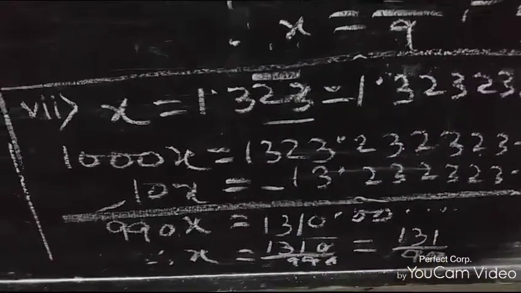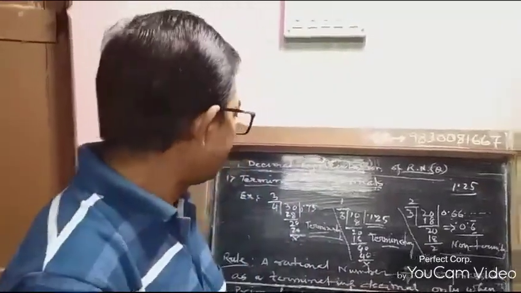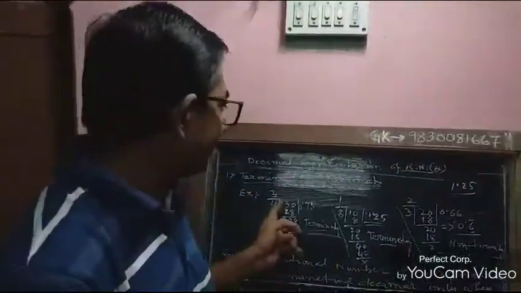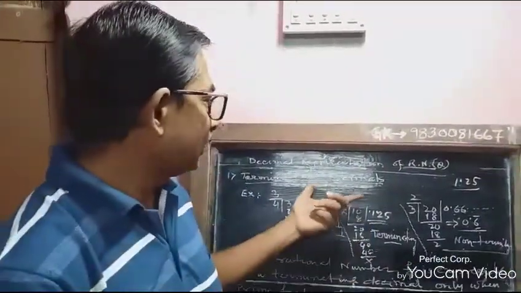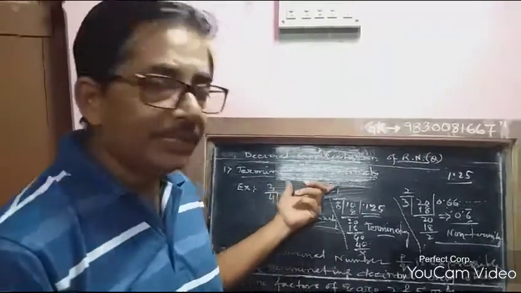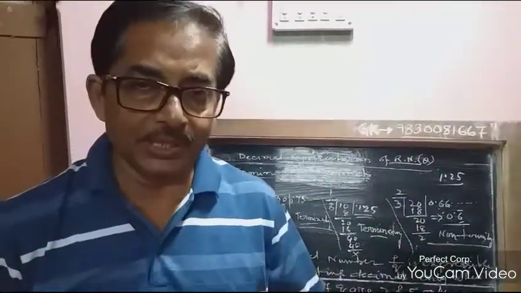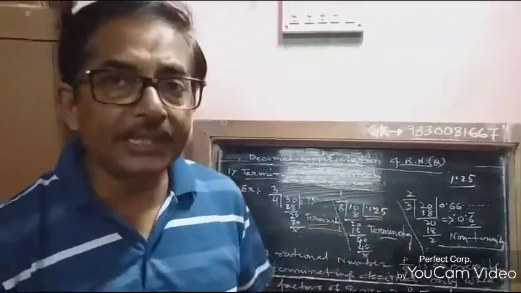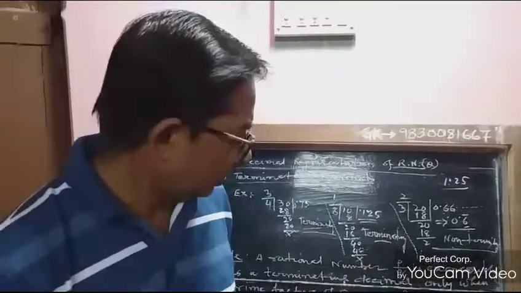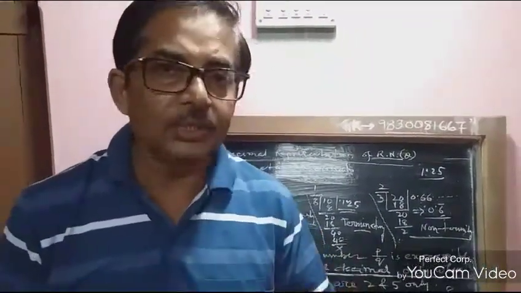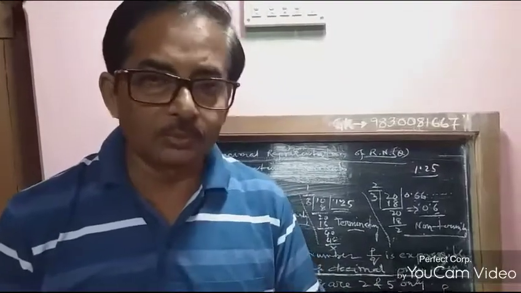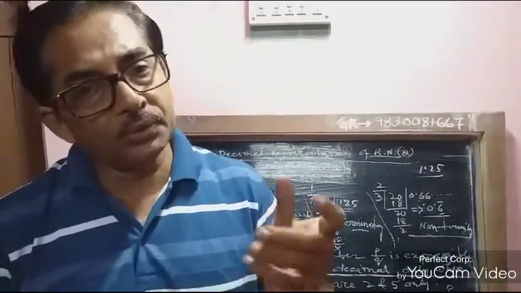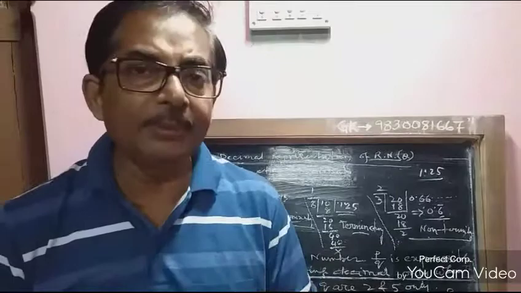So students, I have shown some problems from exercise 1D, and also shown you terminating and non-terminating decimals, what recurring is, and how to convert recurring into the form of p by q. All the problems within this exercise are like this. Try to solve all the problems. I believe you can solve all of them. If you are having any problems, just revert to me.